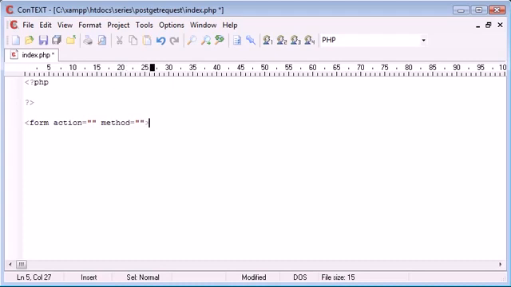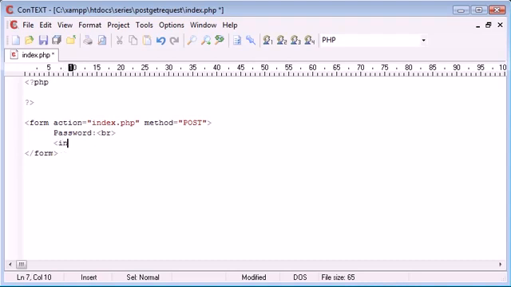So we're going to start off by setting up our form, and we have the form action and the method as usual. And remember, for the form action, we can either go to another PHP page or we can stay on the same one. In this case I'm staying on exactly the same one, so we're submitting all the data inside this form to index.php. The method though, instead of get, is going to be post, and this automatically means that the data is going to be sent as post, it's not going to be sent as get. So let's say password,